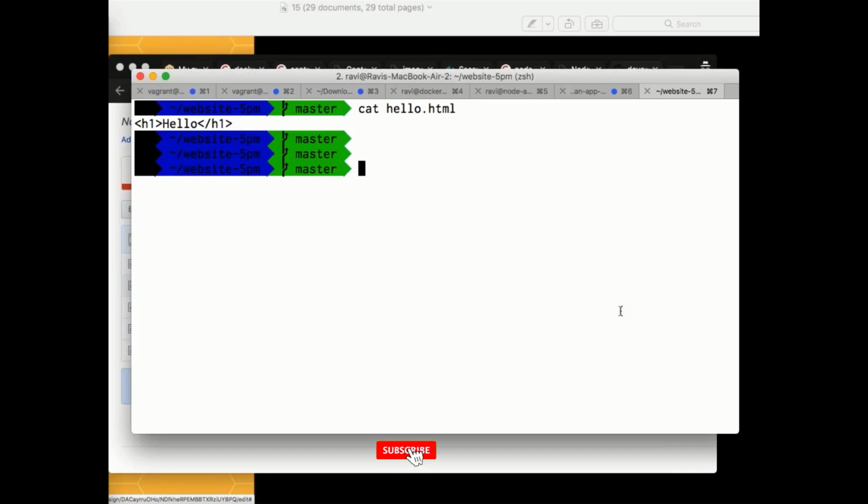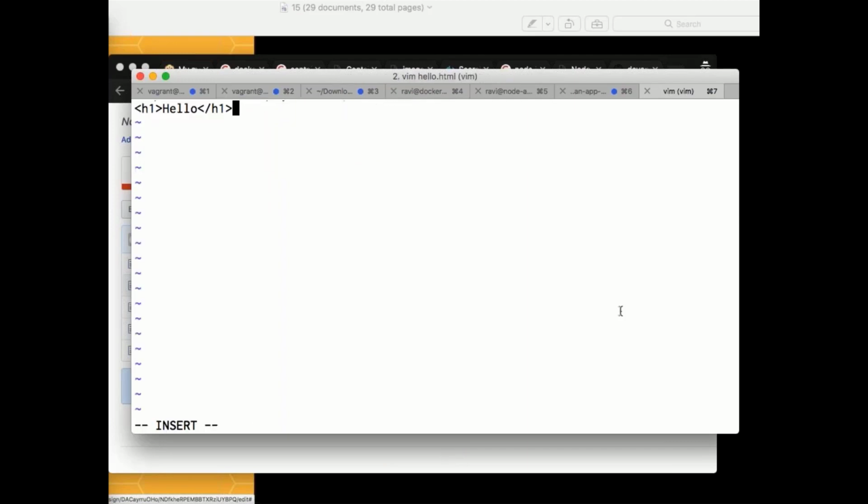Let's say I am developer 2 right now. Developer 1 created the file called hello.html. Now I am developer 2, and I need to work on that file. Now what will I say? vim hello.html. I am the second developer right now, and I'm going here and I'll say